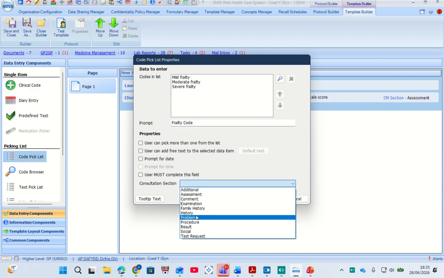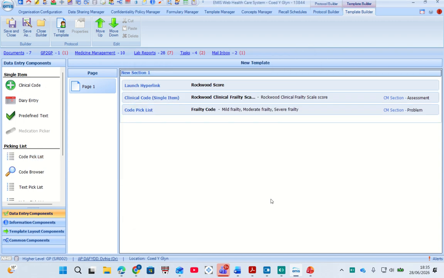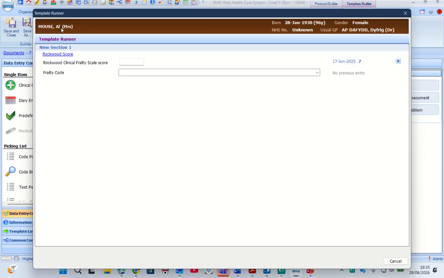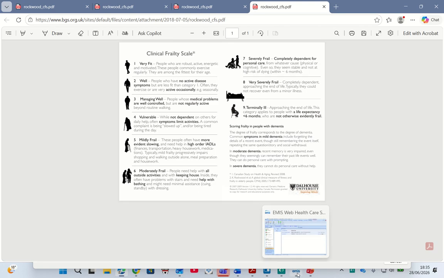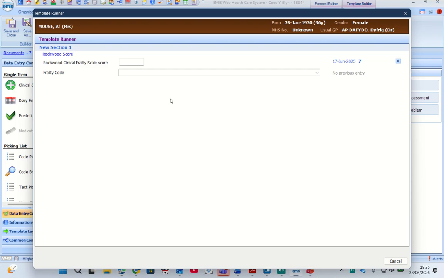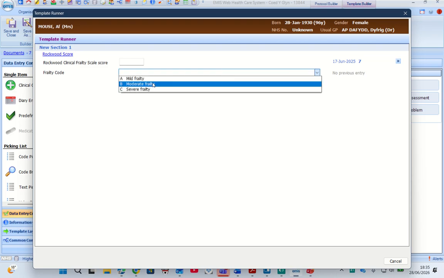Now, the reason I want this recorded as a problem is that when you refer people into WCCG, it will pick up the frailty code that you've assessed that patient as having if you code it as a problem. It won't for anything else. So I'll click that as a problem, and then if I test that, you'll see it's inviting me to do the Rockwood. So I'll go to moderately frail, and Rockwood 6, moderately frail, and I will choose moderate frailty when